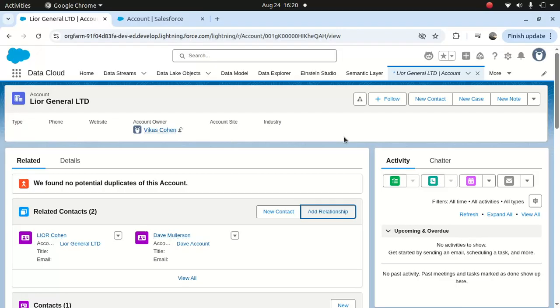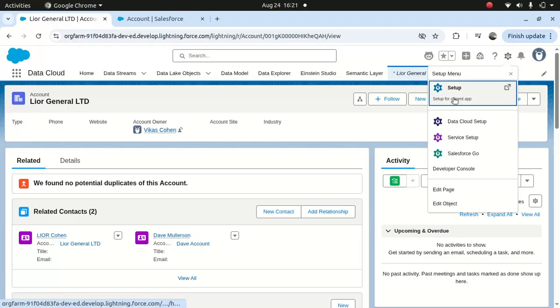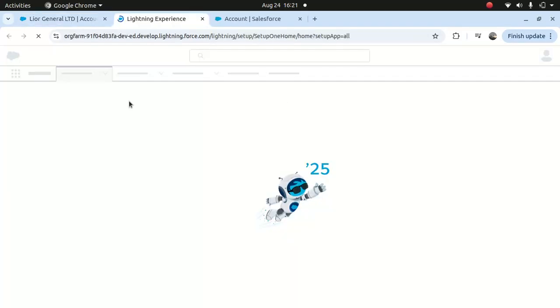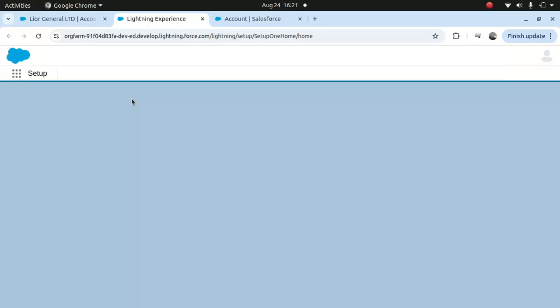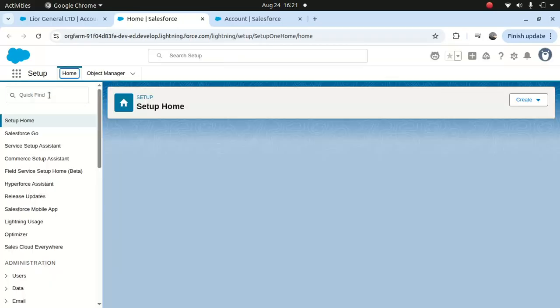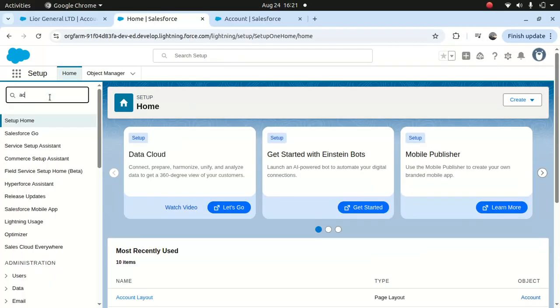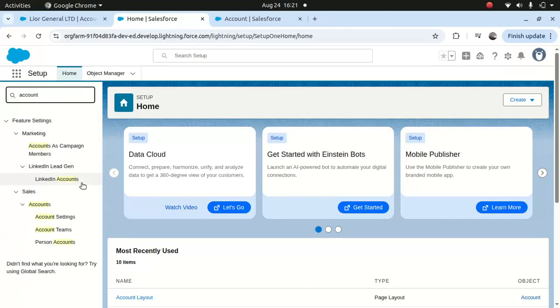Now, this is very, very simple when it comes to account to contact to multiple accounts, and it's an out of the box functionality, but you won't get it straight away. You need to enable certain things. I'll show you what all the things you need to enable. So first things first, you need to go to setup, and under setup, just go to account, and under account, go to account settings,